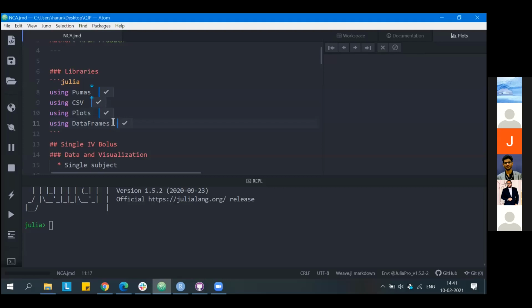So I have called in all the necessary packages, which I'll be using for today's session. You can also start giving in the commands and make sure you have completed the run, that is, you have executed the code properly. If there is anything, you can just stop me at that point.